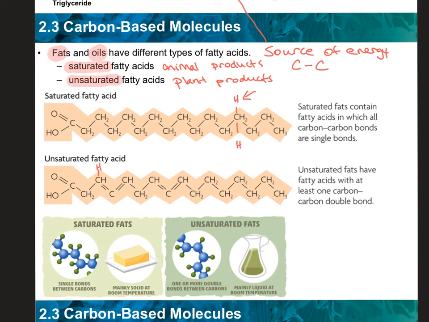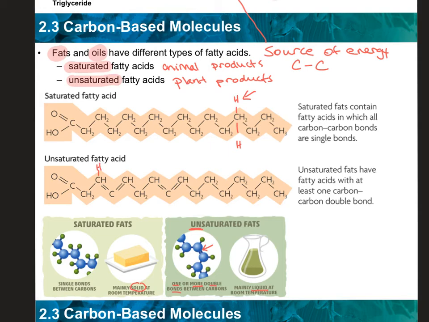So what does this mean? How does this look physically to the lipid? The lipid will look like a solid if it is saturated because of all the single bonds. It will appear to us as a liquid if it has double bonds and it is unsaturated. So we would have to have one or more double bonds to be liquefied. And you may be familiar with coconut oil. Coconut oil can be kind of semi-solid in the winter and a little bit more liquidy as the temperature gets